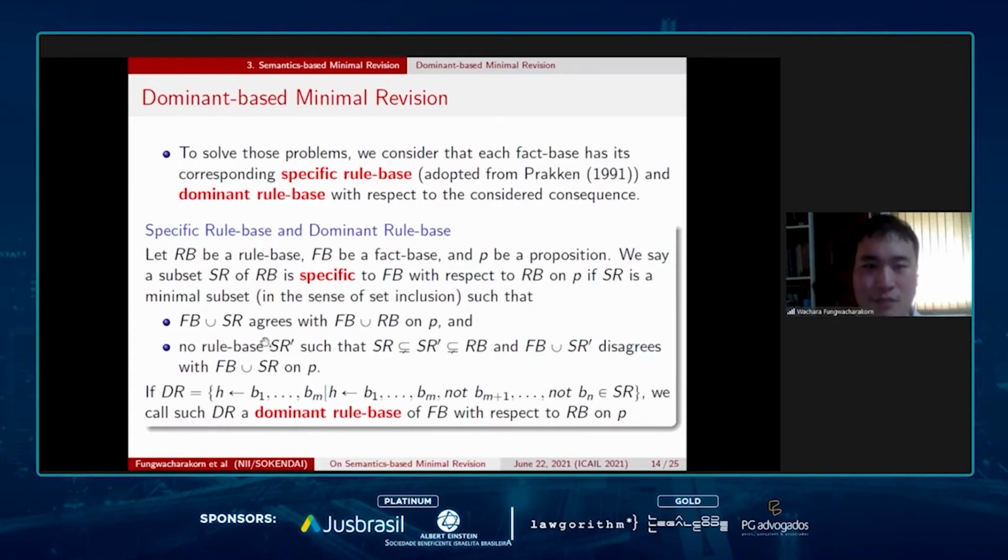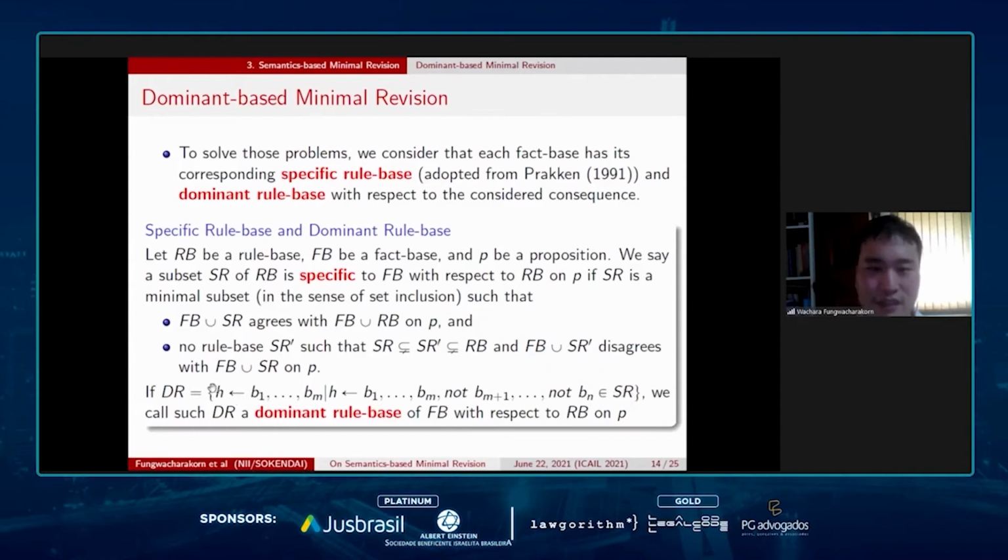If SR is a minimal subset in the sense of set inclusion, such that if we union SR with the given FB, it agrees with the union of the whole rule base RB with such FB on P, and there is no intermediate rule base SR prime between SR and RB such that FB union SR prime disagrees with FB union SR on P. So the specific rule base might not be unique, and